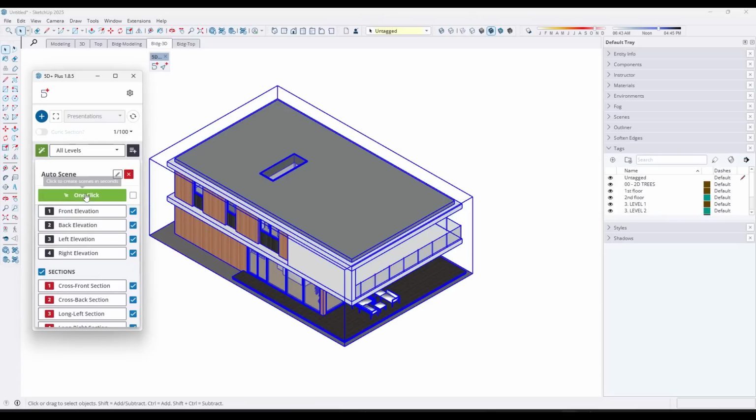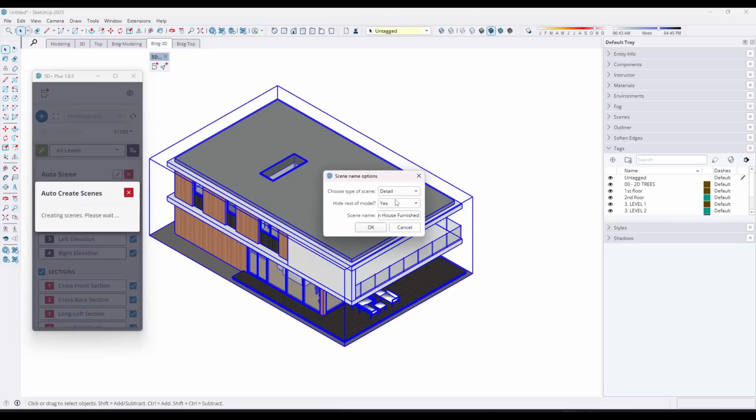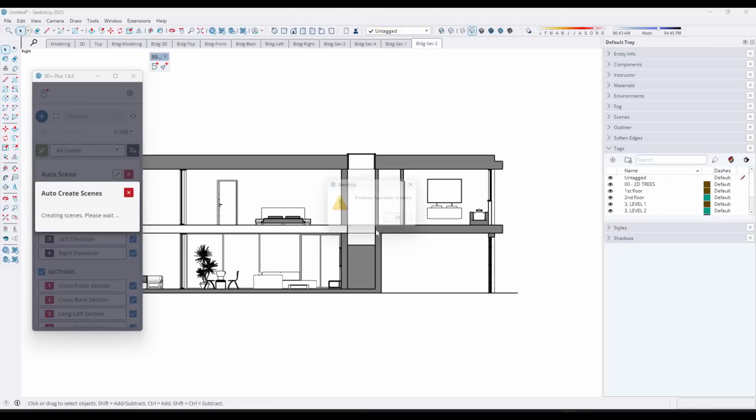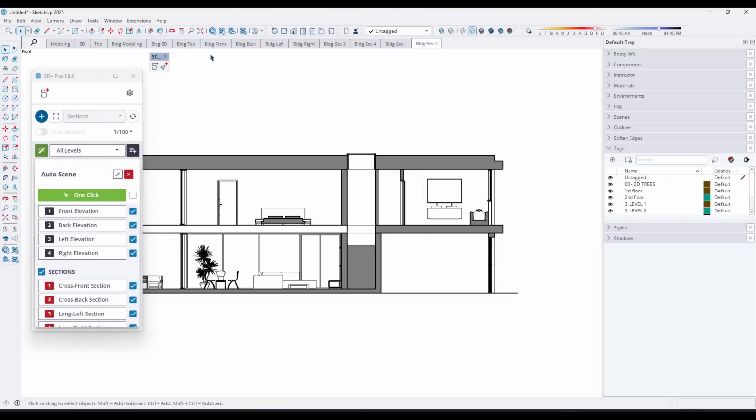So when we do this, we're going to click on the option for one click right here. We're going to set these to detail versus overall. We're going to hide the rest of our model, and we're just going to give this the prefix building and click on OK. Well, notice what that does is that goes through and that creates